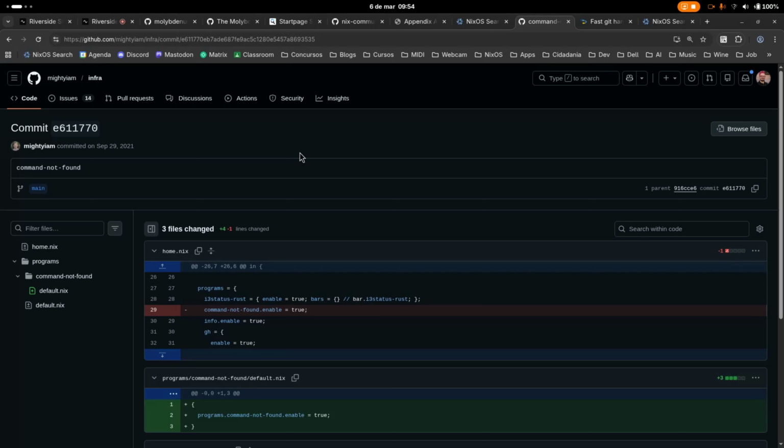That's what Home Manager does. It's like NixOS, but for users' homes. So it can provide both programs and user services and